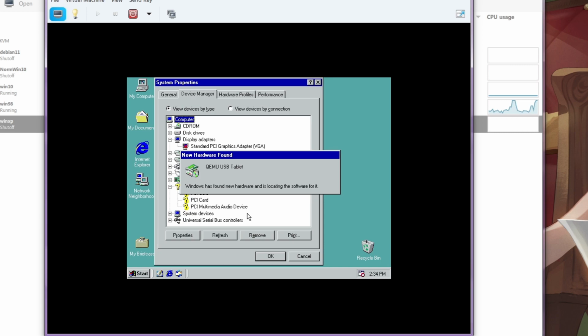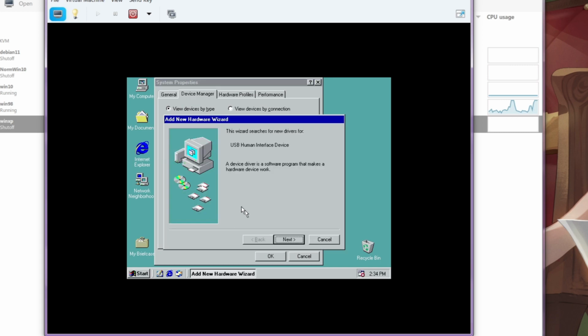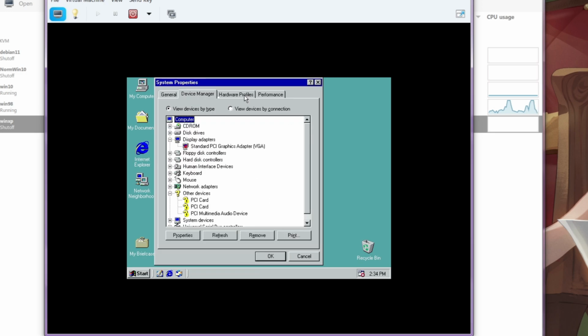And then it'll find QEMU USB tablet. Click next, next, next, next, next. And then use your keyboard to press enter, and now you have seamless mouse integration. So next up, we will install the driver